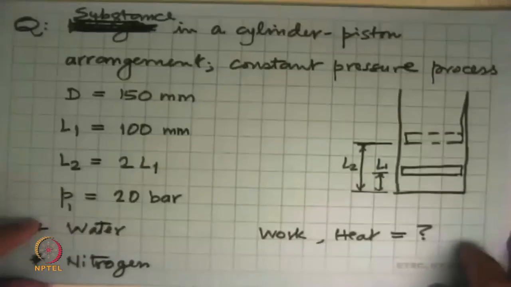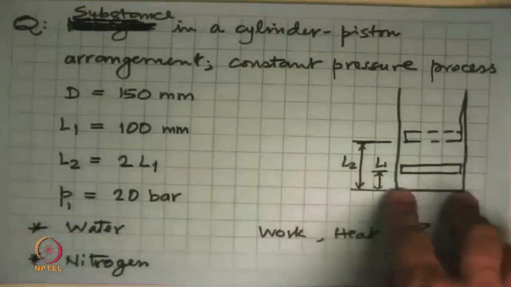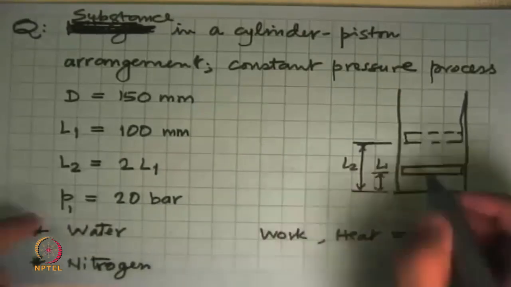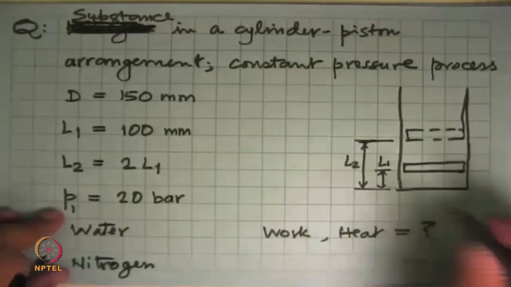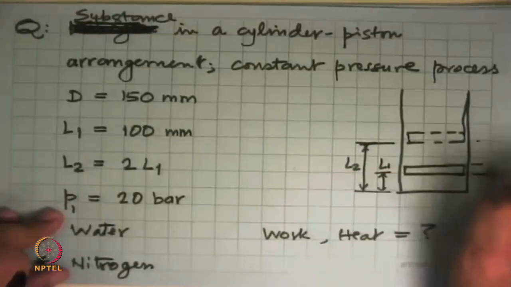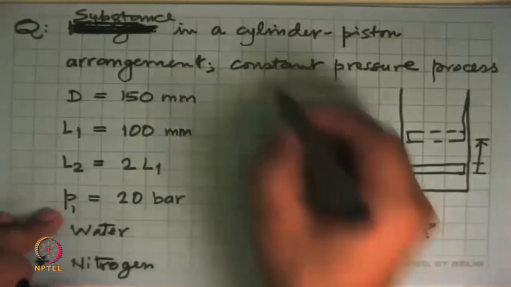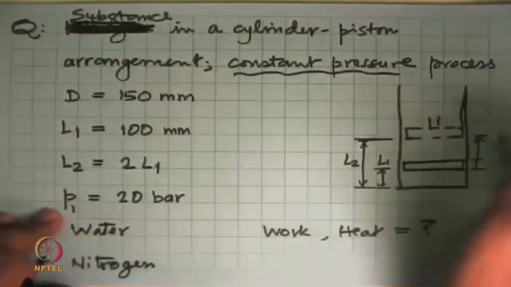So I'm going to take up two problems, one a closed system and one for an open system. So we look at a closed system where we have a cylinder piston arrangement, and we have a piston which is over here. It's got length L1 over there, and what we do is we heat it, and at constant pressure the piston rises from here to here. So we are looking at a constant pressure process, and the piston does work.